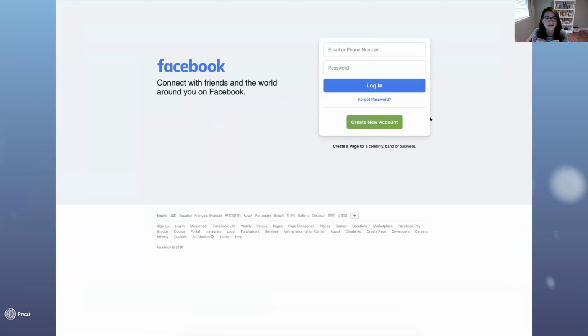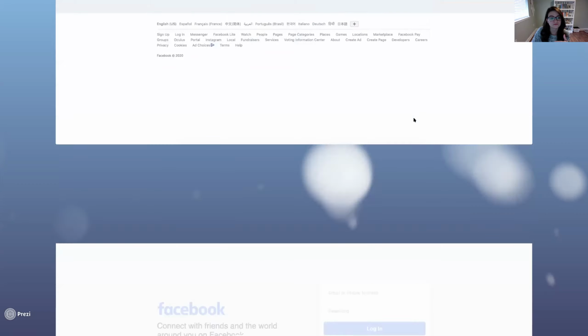The good news is, as much as I don't really care for the new Facebook, it does look almost the exact same on your phone. So that's going to make my presentation a little easier because these are screenshots from a desktop, but it will look very similar to your phone if that's what you're using. So we're going to create a new account. And if you're actually trying to create a Facebook while I do this, and I'm going too fast, at the end, I can repeat these steps for you.